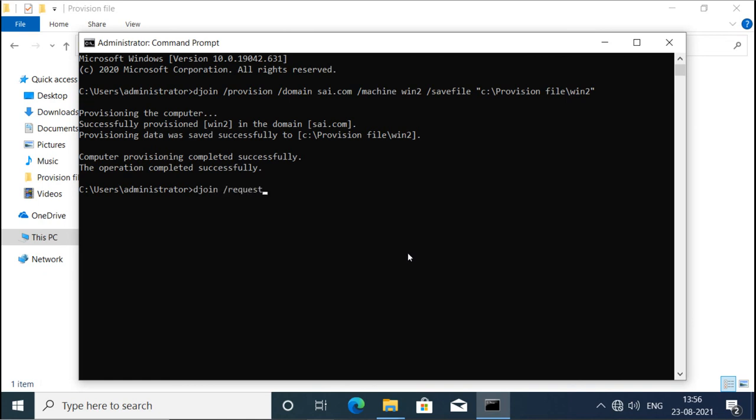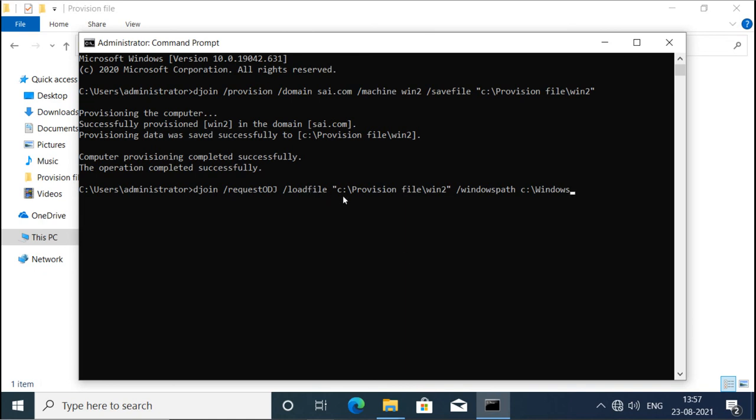This time we'll say /requestodj, request offline domain joining, and we'll say /loadfile, the location of the file, and then we will mention the Windows path. Windows path means the path for the Windows directory. That will define the operating system.